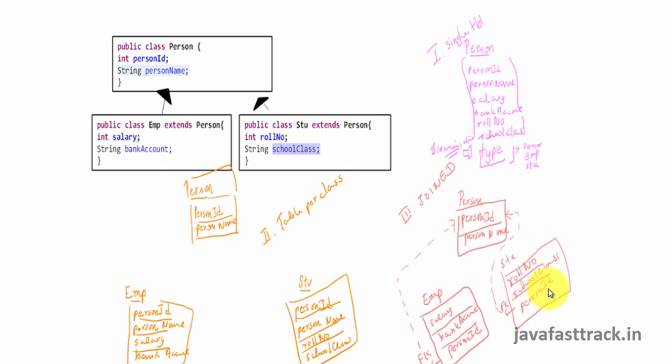So which strategy is the best strategy? We cannot say about that. That depends on normalization concepts. The person who designs the database decides which kind of table structure he wants. Based on the table structure, what is desirable for you, you can choose the appropriate strategy. What kind of table structure is preferred among these three structures is part of database concepts. That's not the agenda of this class. Here you only have to understand how to choose your strategy based on the tables you need.